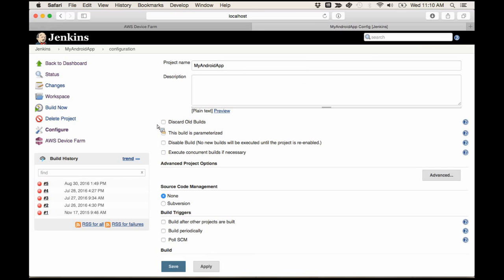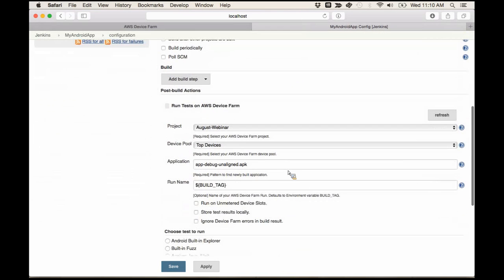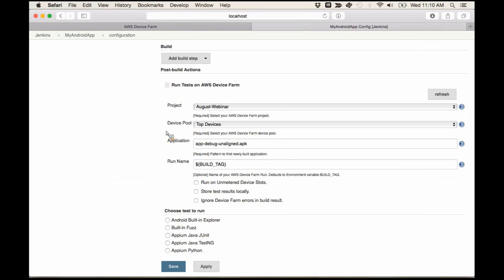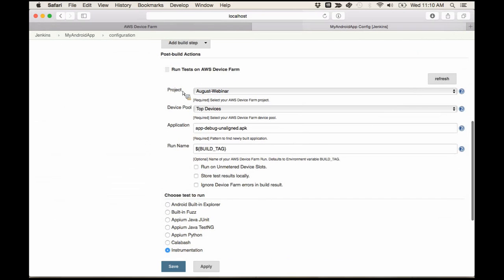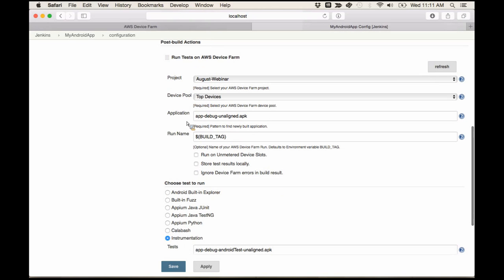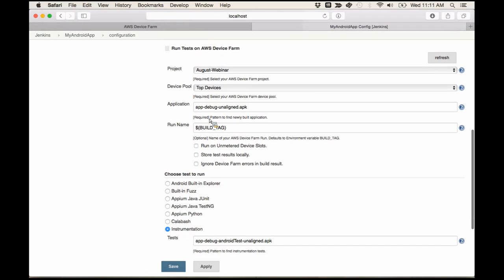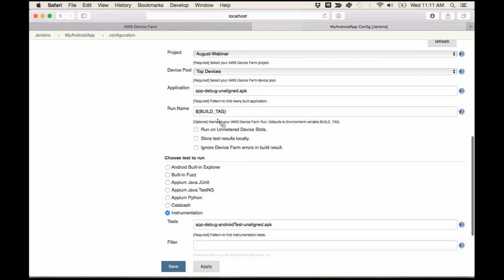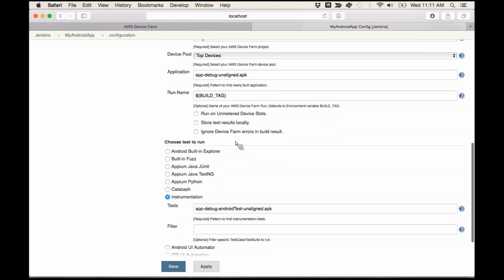So a quick note on configuring the plugin. The plugin allows you to configure Device Farm as a build step, and you simply specify the project, the device pool that you would like to target, where it can find your application, for instance, where is your binary, where's your build output going to be, the naming pattern for the run, a number of other parameters, things like storing test results, which I mentioned,